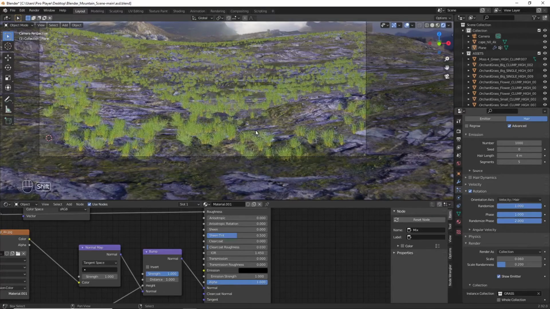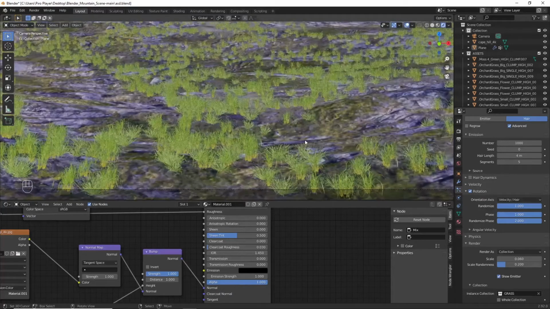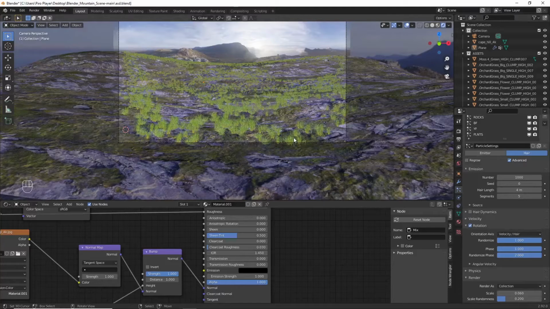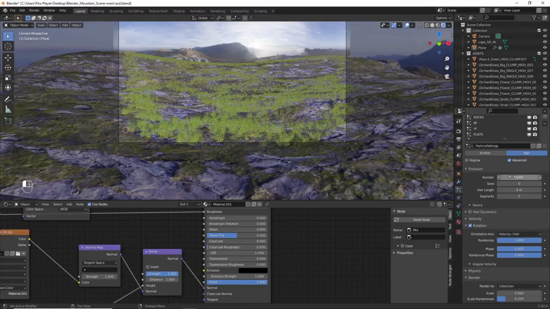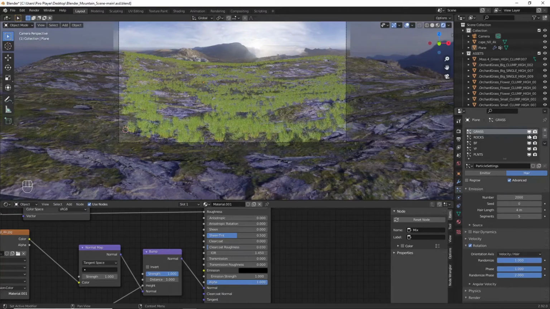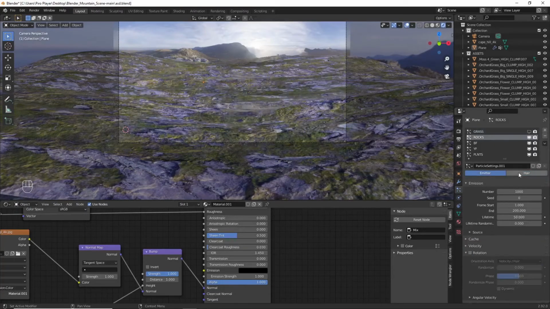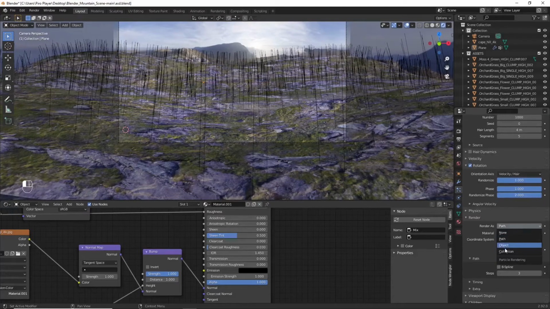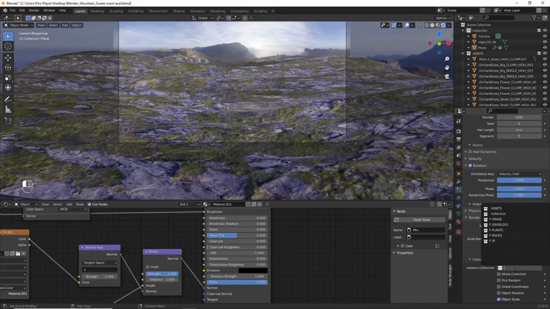What this will do is rotate all the particles in a unique direction, so the particles will not all have the same direction, there will be randomness. This will be useful later on because our scene will look more realistic, and here the number I'll change to 2000. Then I will hide my grass, click on rocks, click on advanced, rotation, randomize phase, randomize to 1, phase to 1, randomize phase to 2, render as collection, instance collection,